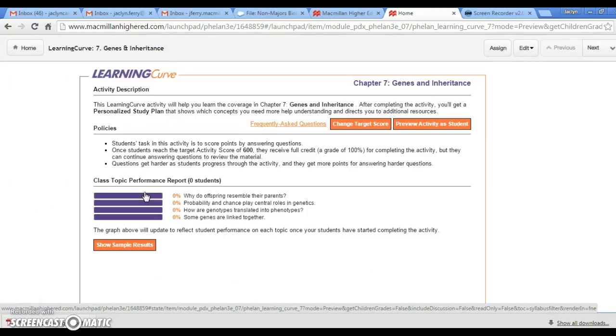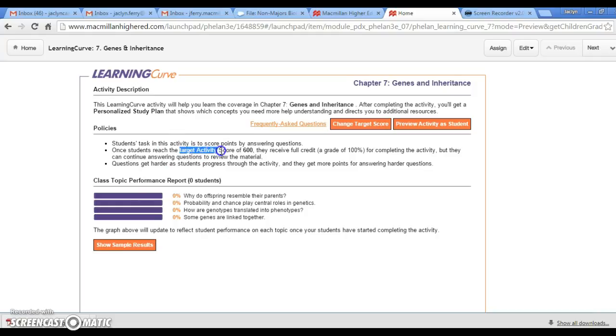This is something you're going to see in every chapter, and it is one of our featured resources. It's an adaptive assessment quiz. So rather than it being a static set of 20 questions, students are working towards an activity score. This one is set to 600. That means roughly, if every question is worth 10 points, students have to get about 60 questions answered correctly